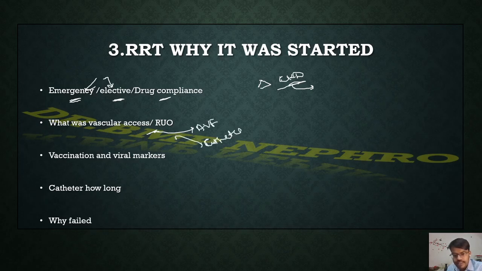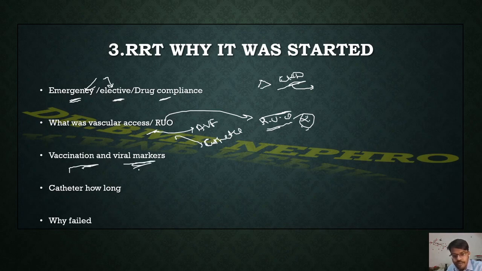If it is a catheter, was there any complication during insertion, and what was the residual urine output at that time? Residual urine output is an important predictor of mortality, so that has to be mentioned in due course. The patient's symptoms might have started 10 years back, and you have to mention that. It is very important to state what his urine output was at the time of starting dialysis, and whether he took vaccination,